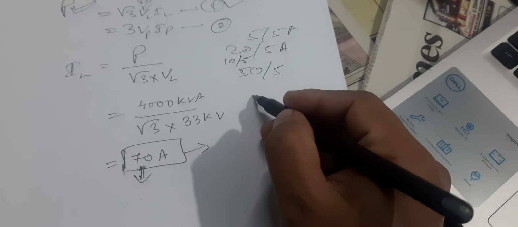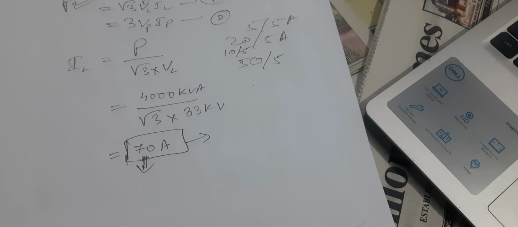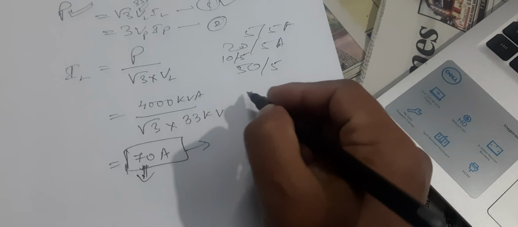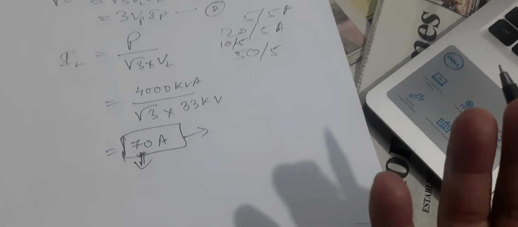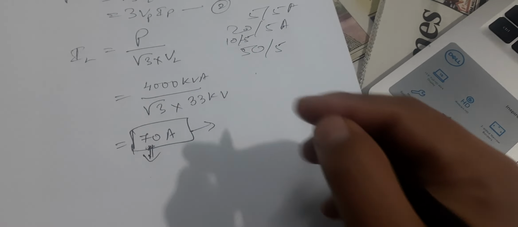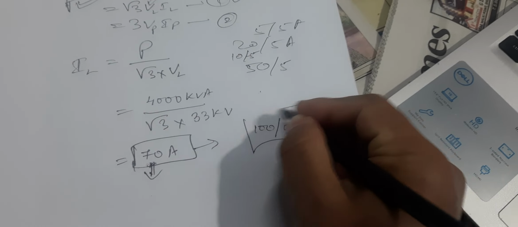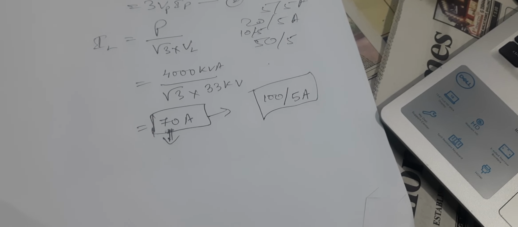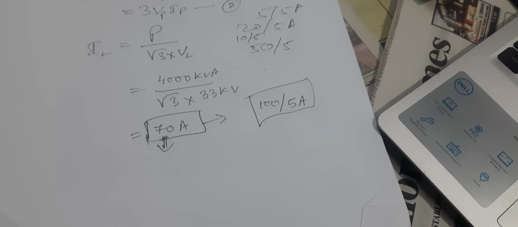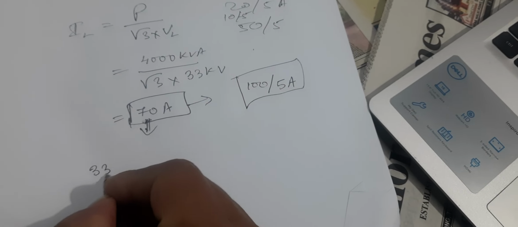We don't have 60, 70 or 80 in the market. So we have to choose a rating slightly higher than 70. 90 we don't have in the market either, so we choose 100, which is readily available. So the rating of the CTPT unit that we have to choose is 33 kV,